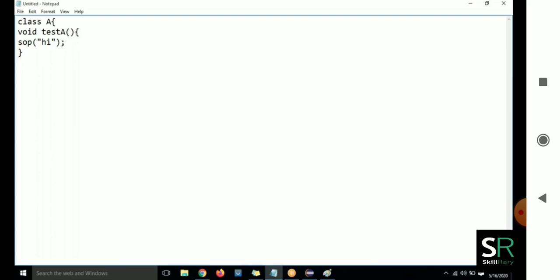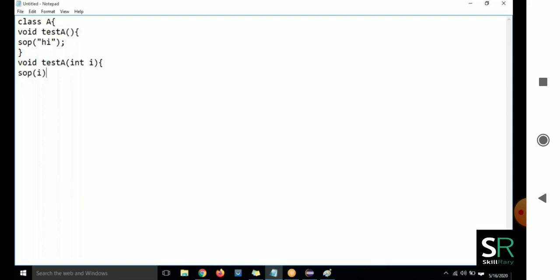In that there is one testA method where it is printing I. That's it. There is one more method in the same class. Let me take one more method with the same method name, but here it is going to take an argument of type integer, of type int.